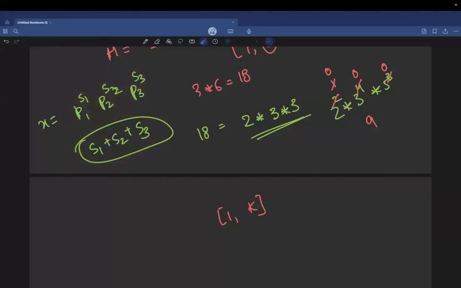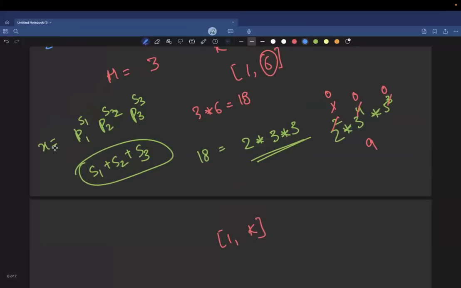So you would like to pick a number in which you have as big powers as possible, so that when you multiply this k with the health you had initially, let's say you had the health as h, and you multiply it with some value m which is equal to p2 raised to the power 4 and p3 raised to the power 2, then h into m will become equal